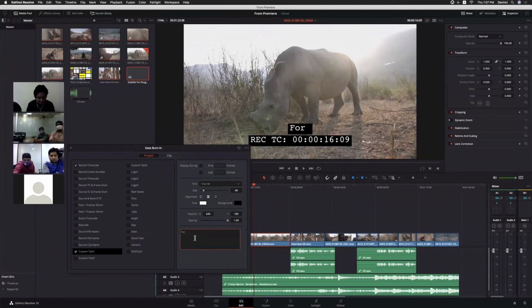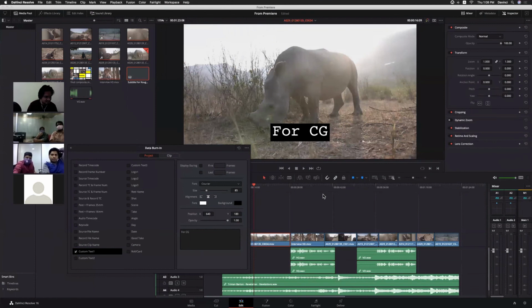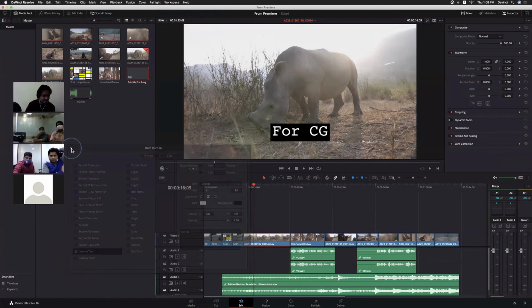for dubbing, for audio, maybe for CG, like that. And you can adjust the size and everything. You can adjust those options, and we are merging whatever content we are adding into that video. One separately you cannot get, if you are exporting your entire timeline to a particular person. The data burn-in, and even in television, we don't go with the scopes and everything, right?